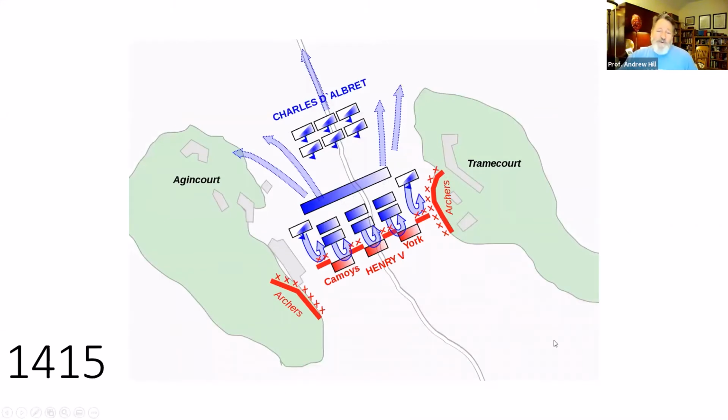Henry's been retreating kind of down this way, between these 2 big hills. Agincourt city on one side, this big open grassy field we saw at the beginning, and Tramecourt on the other side. So it kind of makes this wedge. And what you see is here, Henry has the French follow him kind of down into this funnel,